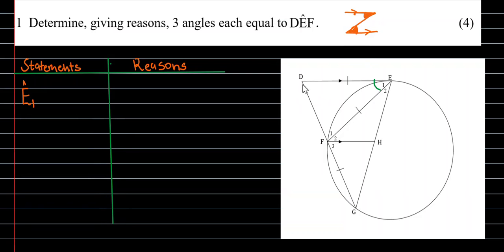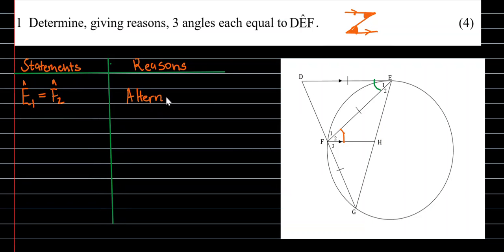So here, if I see DE being parallel to FH, and then I see EF, then I see FH, I see something like this. So if E1 is here, you can see E1, it's up here, then angle F2 is up here. So I can just say, okay, angle E1 is equal to angle F2. So I'll come here and say angle E1 is equal to angle F2. Then what is the reason? Alternating angles,